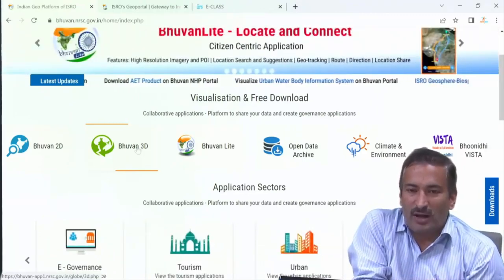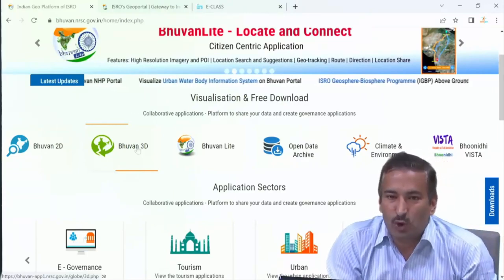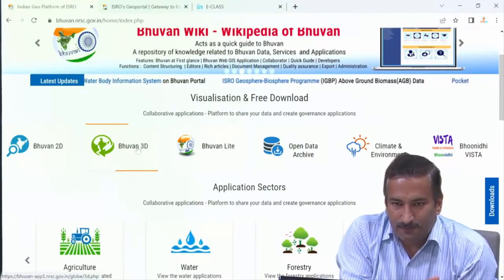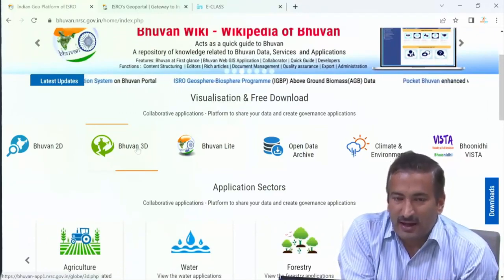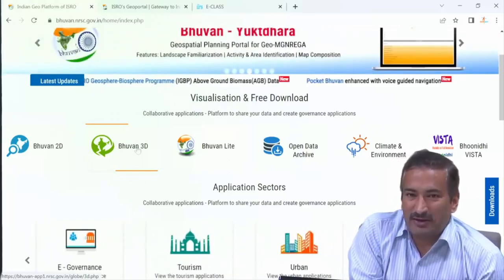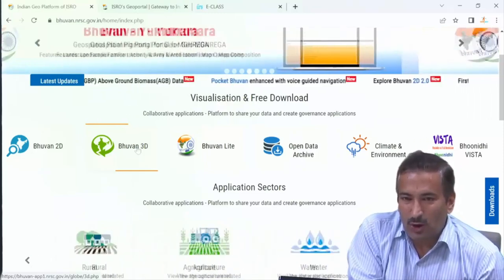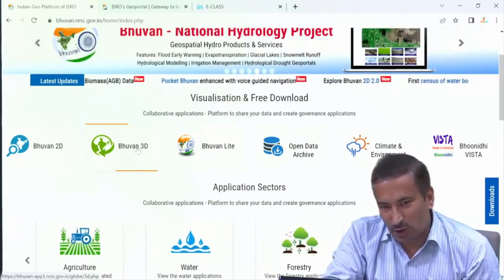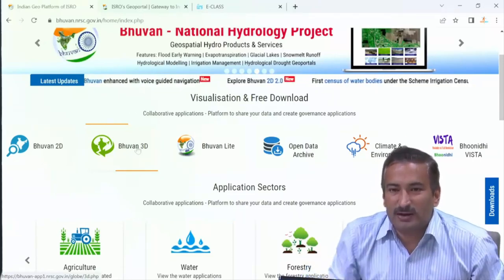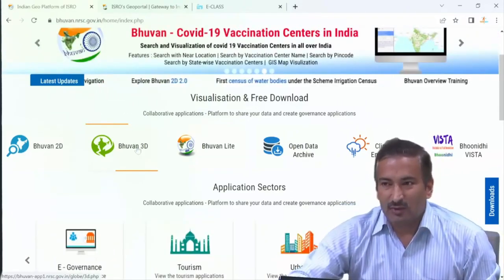Once you overlap one over the other, then through some mathematical concept, we have photogrammetry. Using these overlapping images and the concept of parallax in photogrammetry, we can generate the 3D images. I will not go into the detail of parallax, but the concept of parallax is used for estimating the height of the earth surface from these overlapping images. So that can be visualized.